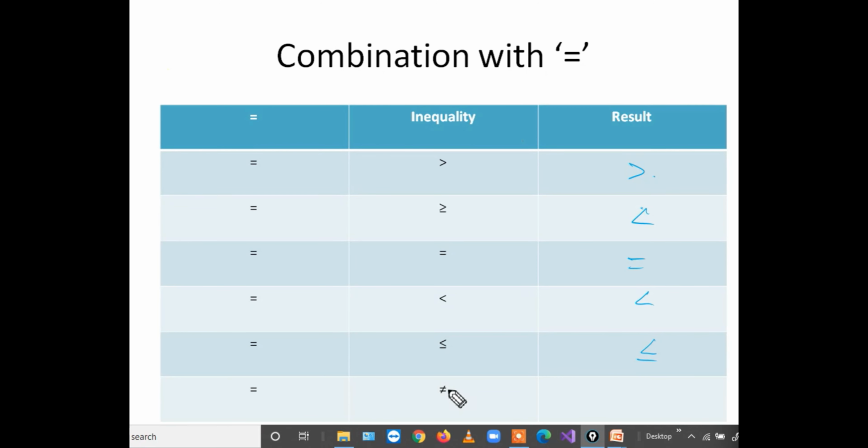Just see, in place of not equal to, if we consider greater than or less than, equal to with greater than will be greater than. Equal to with less than is also less than. Again it is the same, greater than or less than is nothing but not equal to. So for this equal to, even if you give not equal to as input, it will send it as it is, not equal to as output. Equal to is a friend of all, because there is no combination in the result.